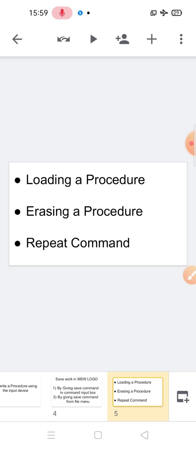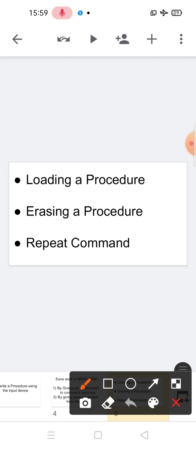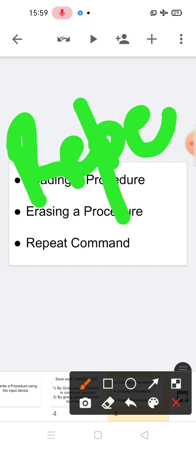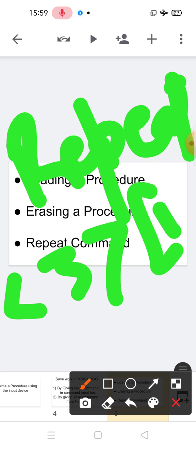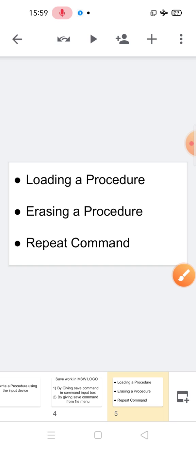That means REPEAT, number and the command. Here you can see, REPEAT, then the number and the command, whatever you want, like RT 120 or whatever you want to write.